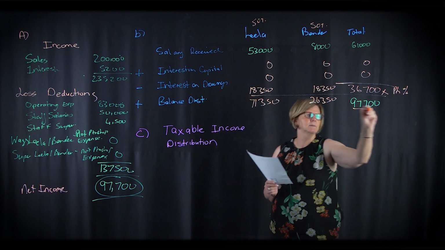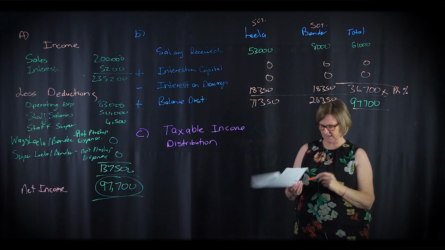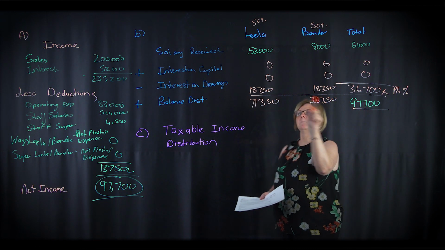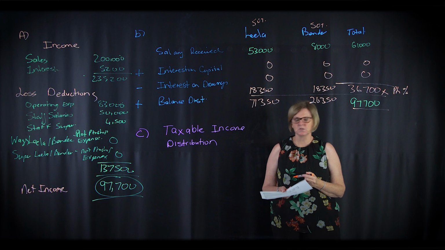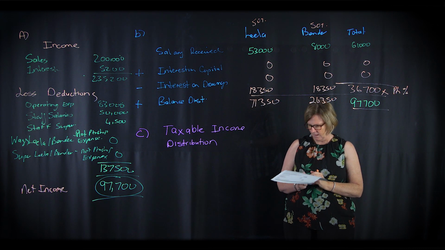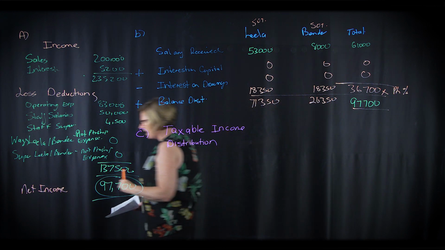We go across and we would find that we had exactly $97,700. So A and B distribution is equal. So we know we've done the right thing. We then would go on to work out,